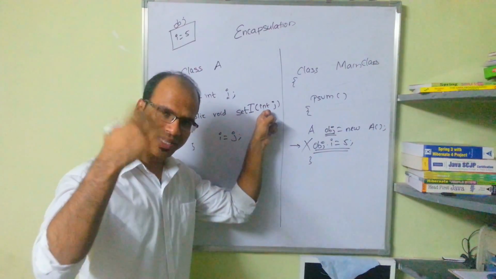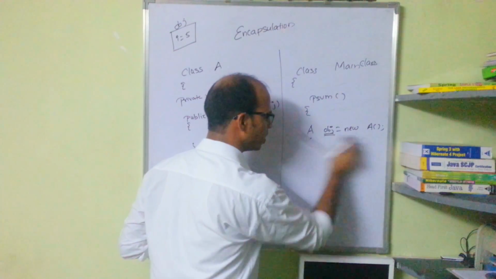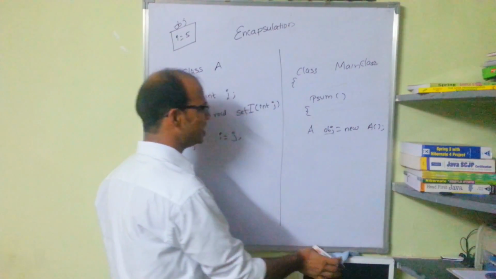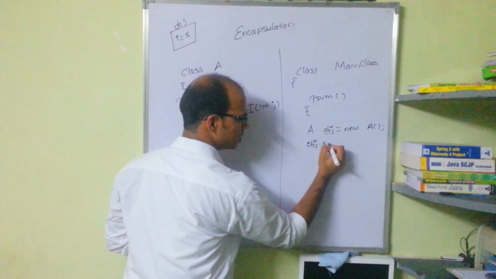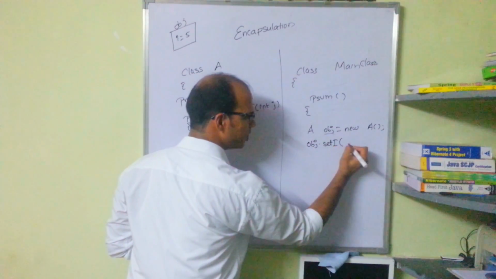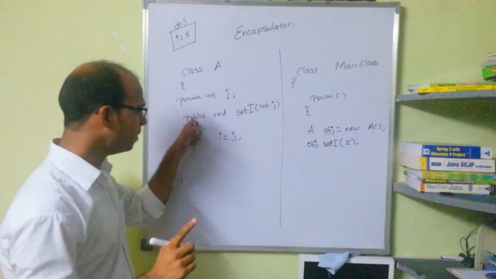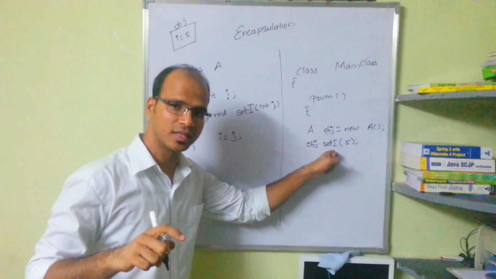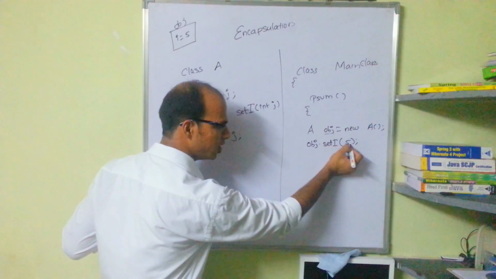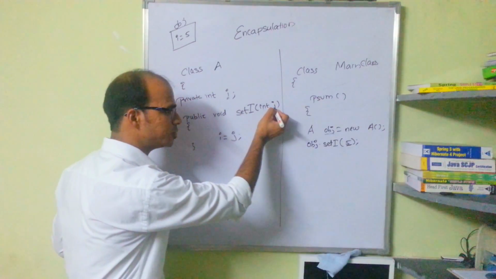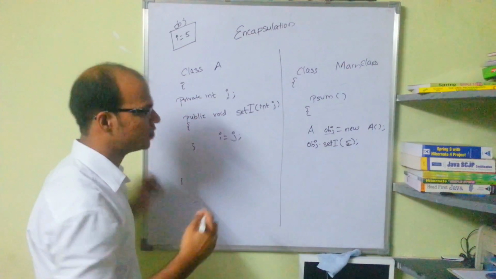I'm getting a value int j. Now, how to call this? We'll remove this line now. In order to set the value of I, we'll say obj dot setI, and in brackets we will say 5. Since it's a public method, you can call this public method, and in the same class you can use I. So the value 5 is coming into j, and from j it's going to I. So we have done it, right?